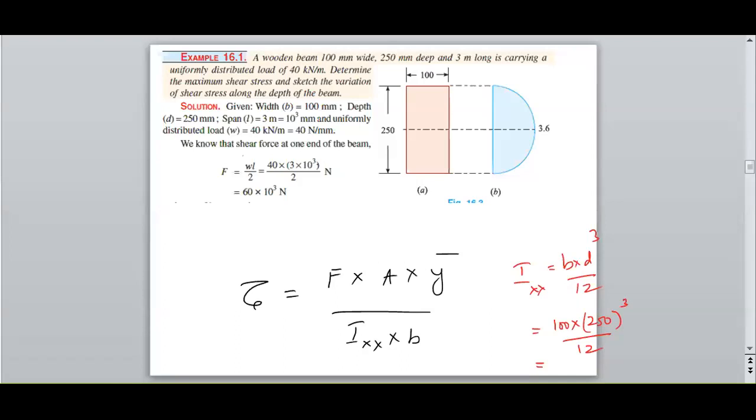In yesterday's class, we discussed the shear stress developed in the horizontal direction of a beam. The equation is tau equals F times A times Y bar divided by Ixx times B, where F is the shear force applied on the beam, and the area is nothing but, we need to draw a line, EF line,